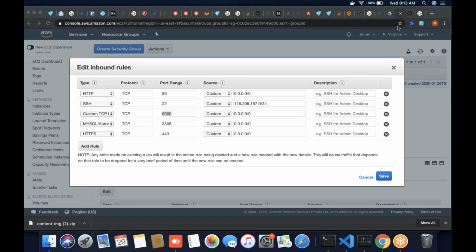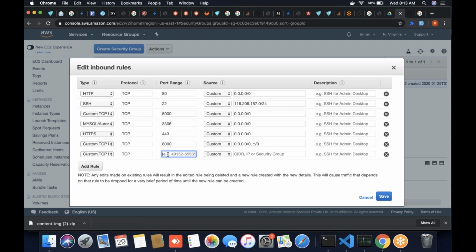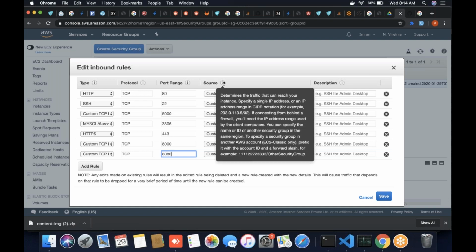Can you explain a little bit about the source? So for Django, we use 80. Yeah, exactly. If you want to access Django, you may have to use 8000, or you may have to use 8080, like this one. This source means the different traffic that can reach your instance,